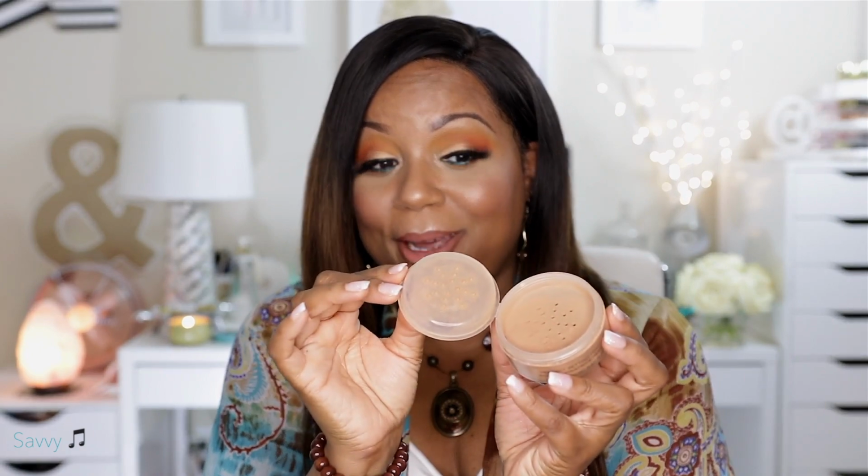I purchased this Cover Effects powder from Ulta during the Ulta 21 Days of Beauty sale, and this is the one in Translucent Deep. And I really like the Laura Mercier powder like this one, so I wanted to see if this one was any good, and it is also very good. I still think I like my Laura Mercier a little bit better, but I use these darker powders in the